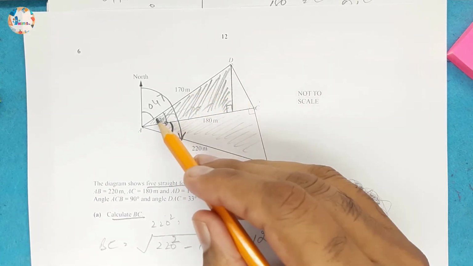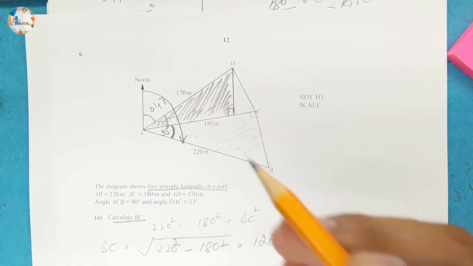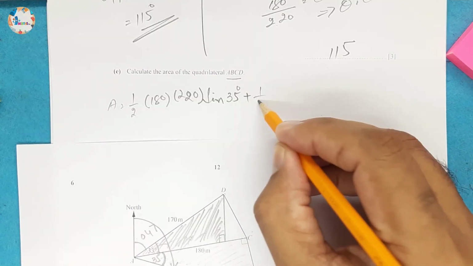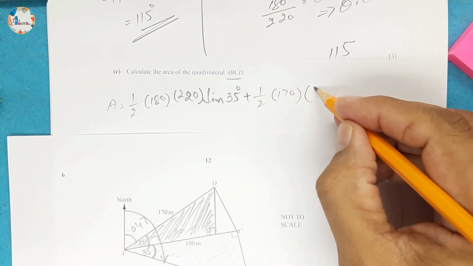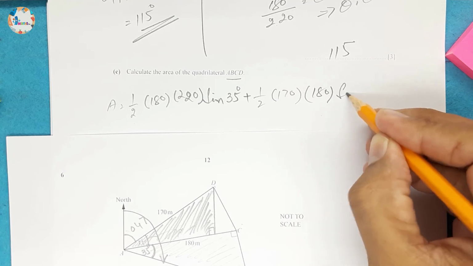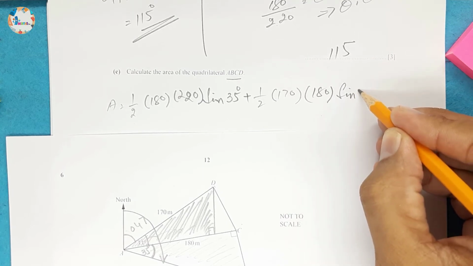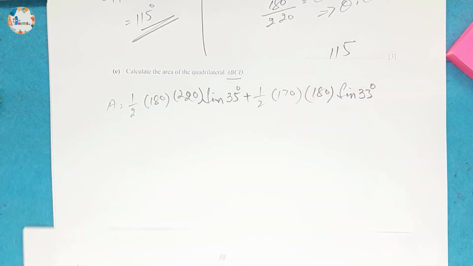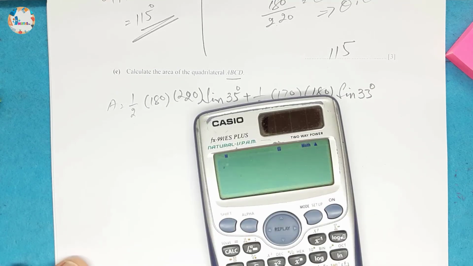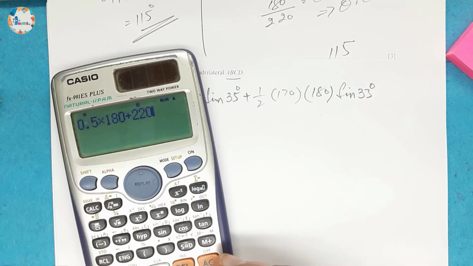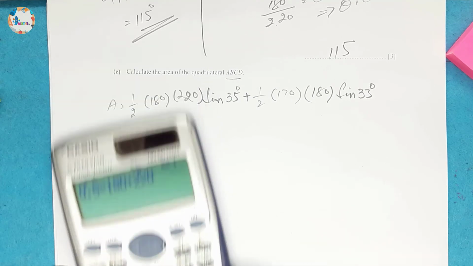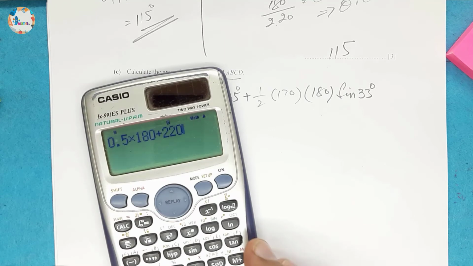So ACD has angle 33, so 1 by 2 into 170 into the other length, which is 180, and sine of 33 degrees. Now we just have to calculate this with the help of a calculator. So 0.5 into 180 plus 220 into sine 35, not plus 220, basically this is